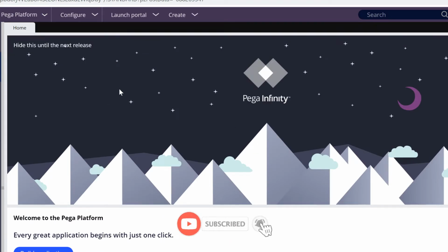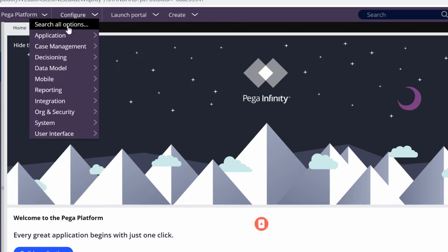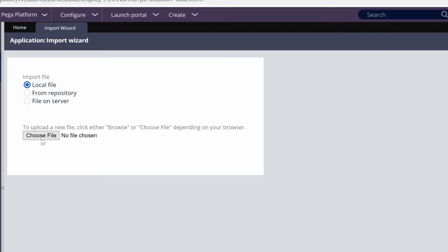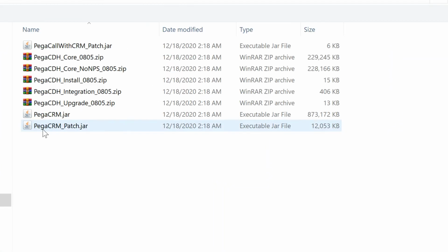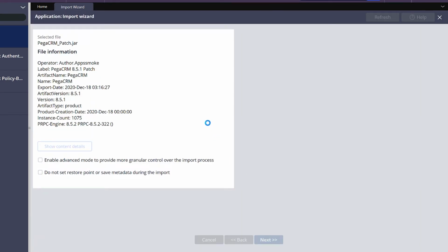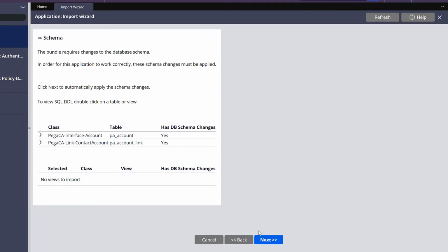Now follow the same steps to import the Pega CRM patch jar file. Application, Distribution, Import. Click on Choose File. Select the Pega CRM patch jar file. Now click on Next. Click on Next. Click on Next. This is the schema changes.